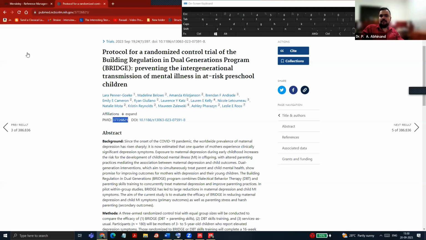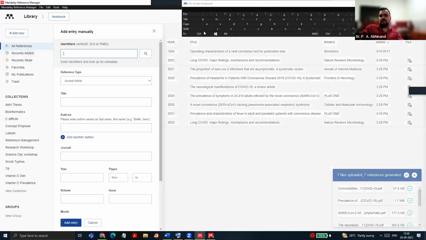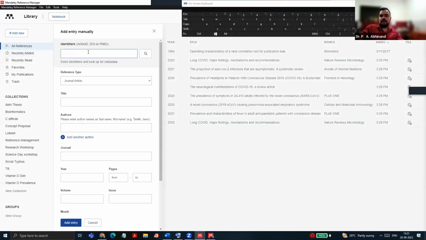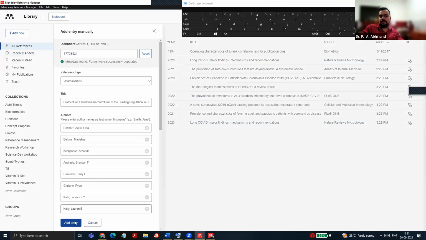Click on that and paste the identifier and search. So now the paper is found, and add entry, and it's getting added.